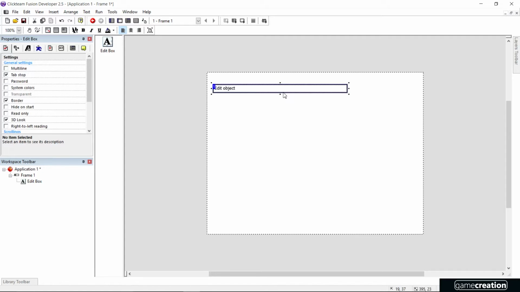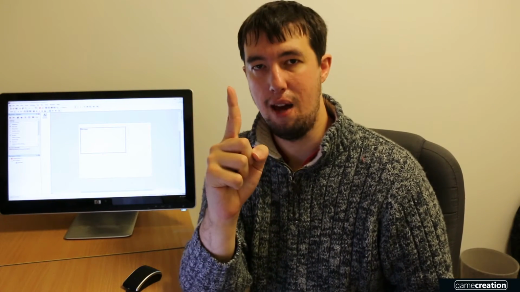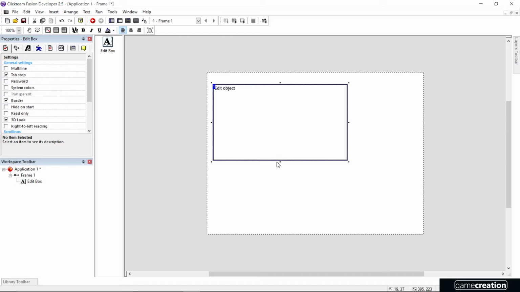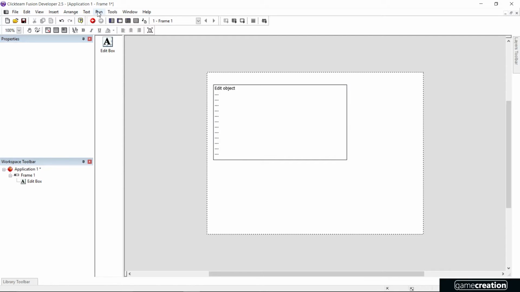Now what I want to do is make it bigger this way, and I can stretch it and it looks like it's going to work, but it actually isn't. By default edit boxes are one line, that's all you get. So however much you extend it downwards, it's not going to use that space. The option you want to click is this one, multi-line, and when I click this you can see that Clickteam put some dots in there to show that it's going to use up all this space. Okay, if I run that now,